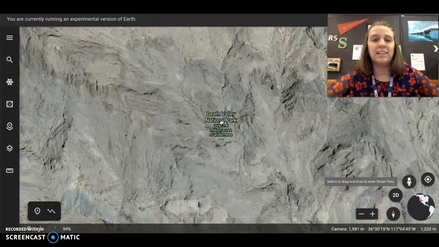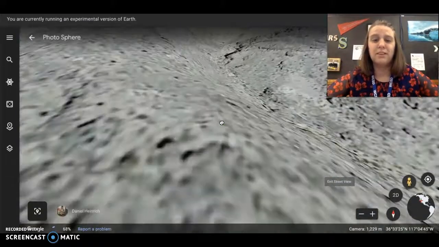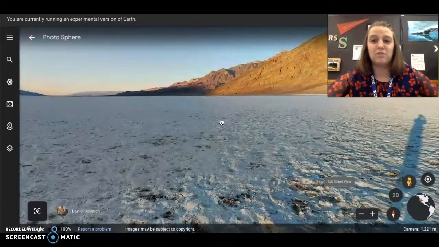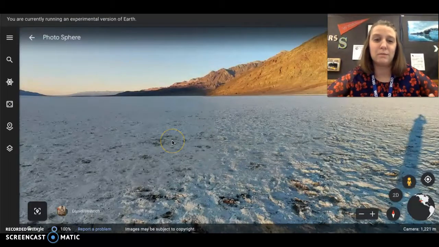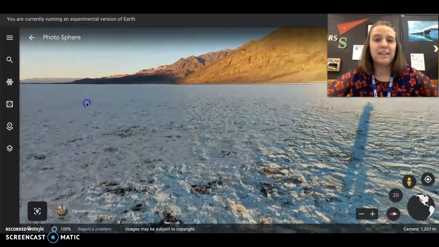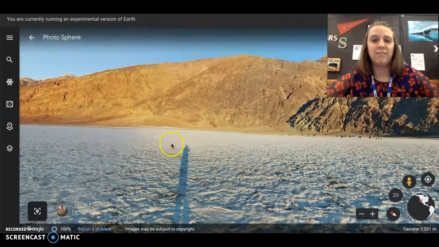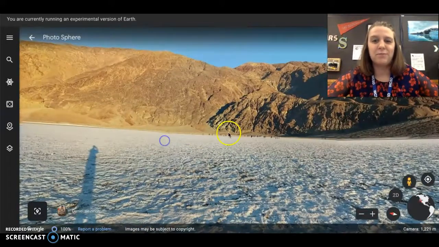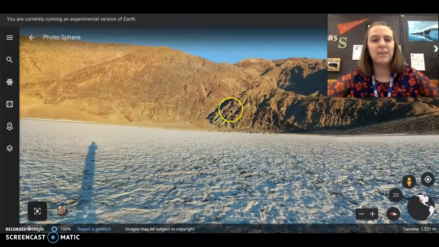And when you do that, it's going to highlight some places in blue, and that's where you can drop that little dude and get different perspectives. So this takes you into the valley of Death Valley. These are a bunch of little people, and it's really quite awesome. So anyway, now that we're here,